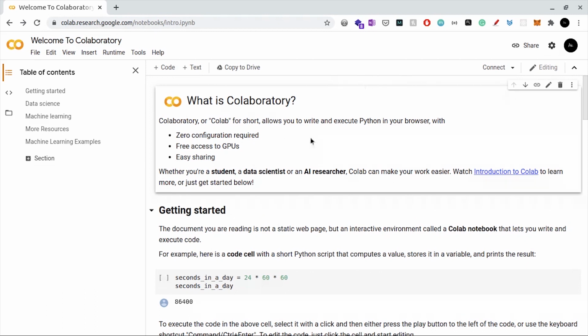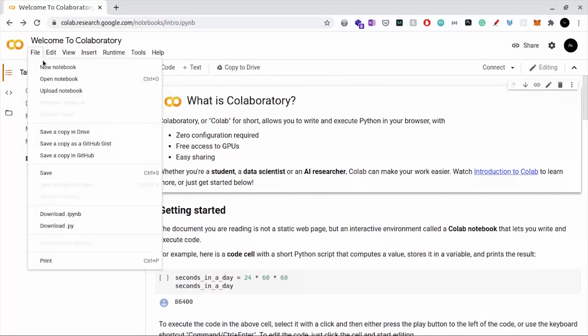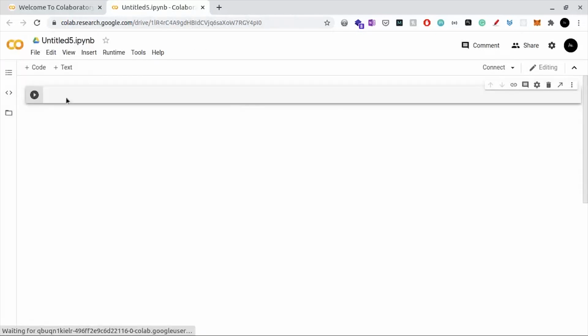So in this page, we'll start with clicking on File, New Notebook, and it will take some time, I guess. Yeah, so it has loaded. So you will see this screen, and this is where we'll be starting with our code.